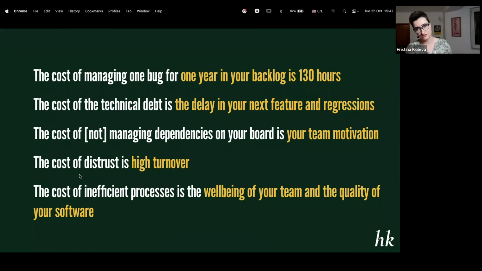Then it was reproduced again. Then it was prioritized again. Then it was deprioritized again. There were 18 or 20 activities on this work item. And in my calculations, it cost 130 hours to manage. So this could be complete nonsense, of course, but most probably it's true.